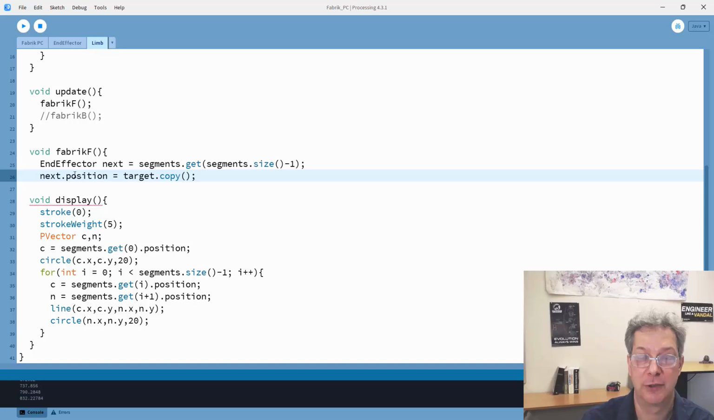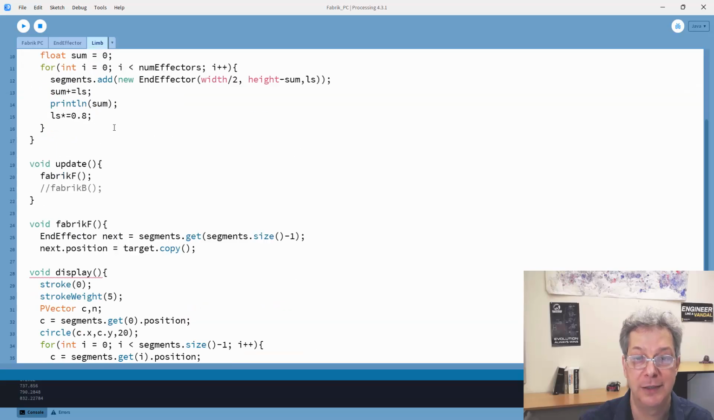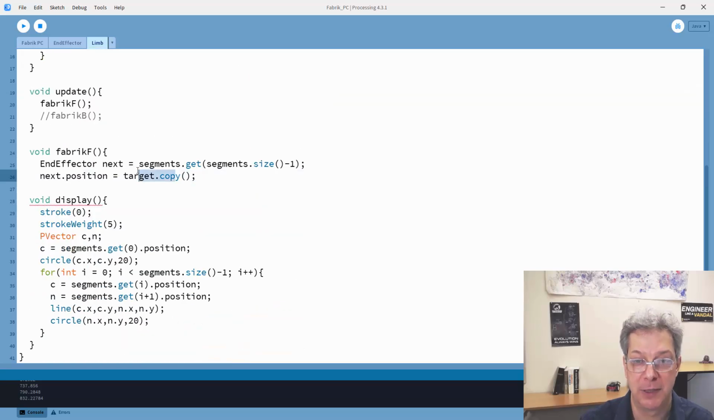And then I simply need to set the position for that end effector to be a copy of the target p vector. So I have built into my limb, and I'll have to make sure that I set it, what the target is. And so here I'm simply making a copy of that p vector and making it the position of that last end effector. So this is the hand reaching out and grabbing the object,